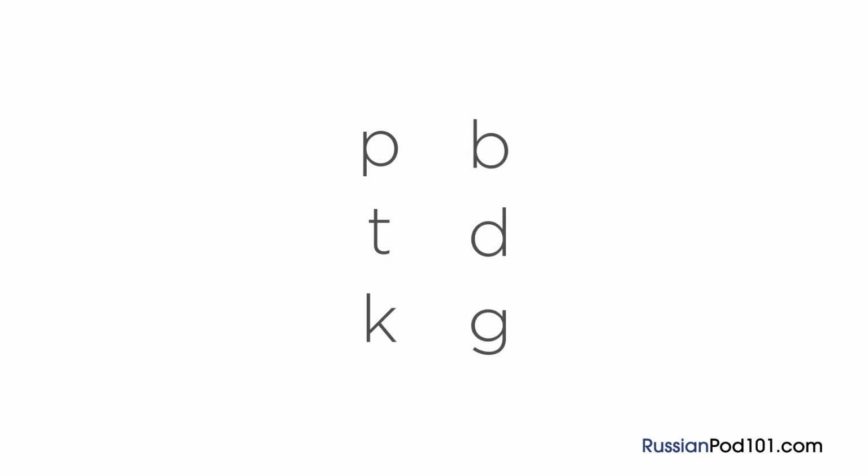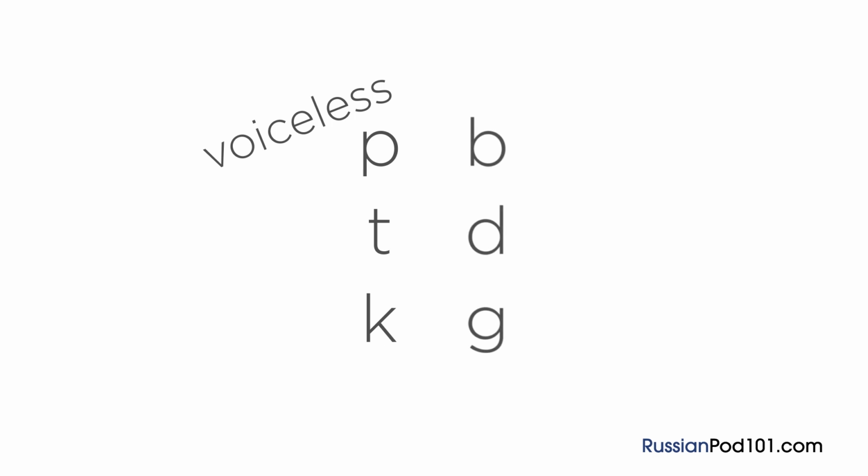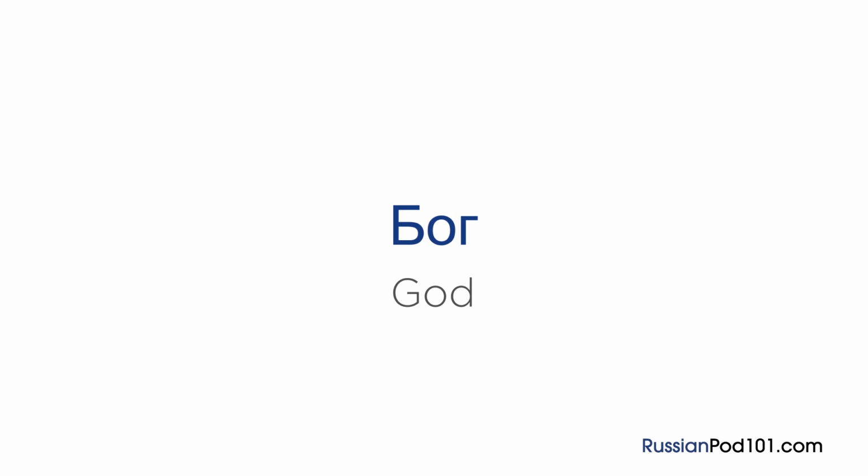Sounds that do not require vibration of the vocal cords, like all the ones on the left-hand side, are considered voiceless, while sounds that do require vibration of the vocal cords, like all the ones on the right-hand side, are considered voiced. Consider the following example in Russian. This letter is pronounced G. But this word here isn't pronounced "bog", but "bok". Notice how the letter G is written, which is a voiced letter, but is actually pronounced as the letter K,